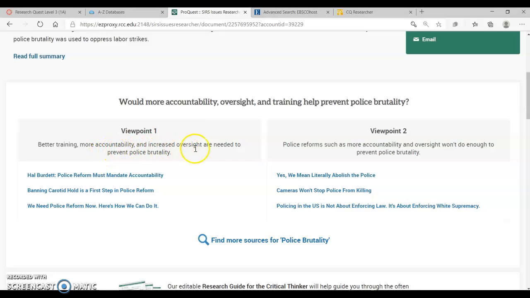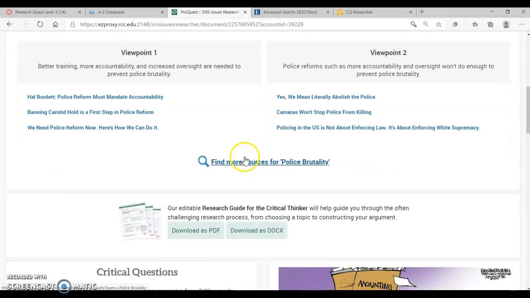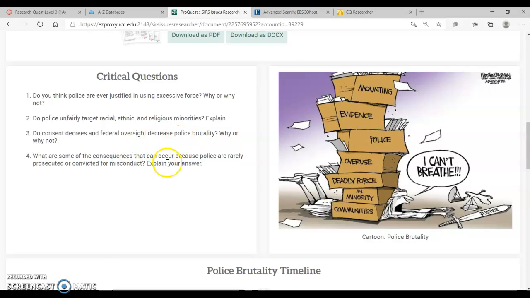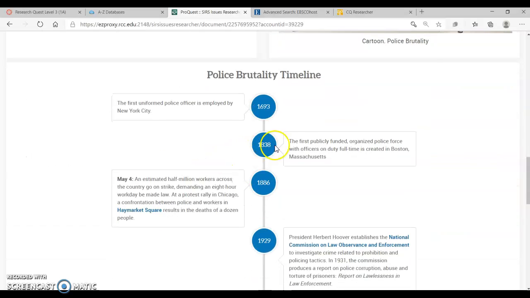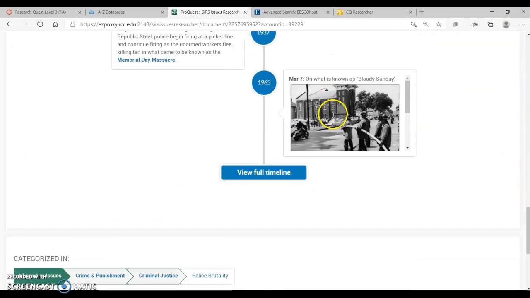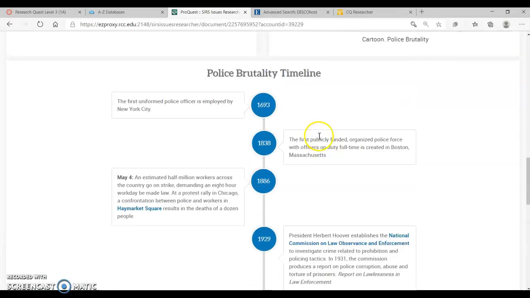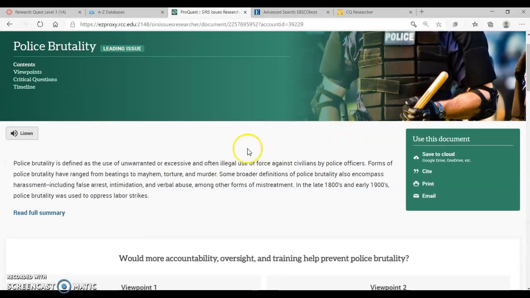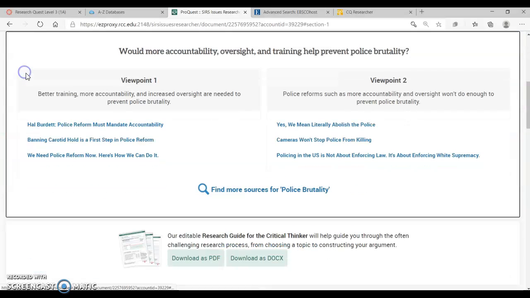Like, do we just need more accountability and increased oversight, or is that not enough? And so within that, there are actually 6 different sources, okay? There are critical questions, things to think about. There's a whole timeline here, which is really interesting to look at. So this is a good place to start. So you have the contents, you have viewpoints,